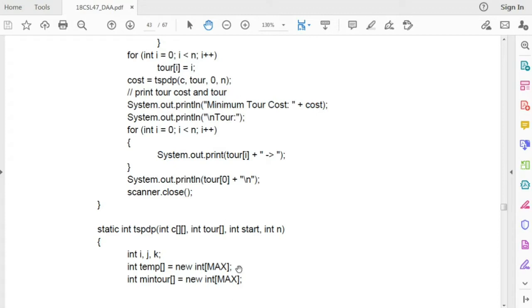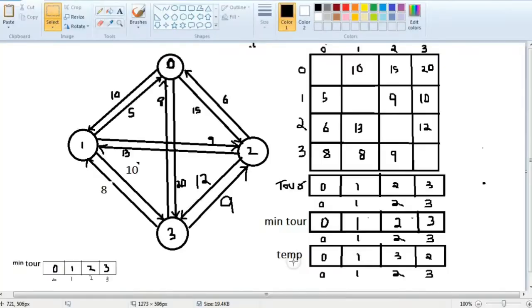Otherwise you will find it hard to understand what I am telling. Okay, so basically the traveling salesperson problem is this one. These are 4 cities: 0, 1, 2 and 3. Consider this as 4 cities, and I am starting from city 0. I have to visit all the other cities, meaning I have to start from 0 and visit 1, 2 and 3. And the edges which you can see here are the costs of traveling from one city to another city. For example, traveling from 0 to 2 will cost me 15, and traveling back from 2 to 0 will cost me 6. It's not the same. The travel cost of 0 to 2 is not the same as the travel cost of 2 to 0. Like that for all the other vertices I have written here.